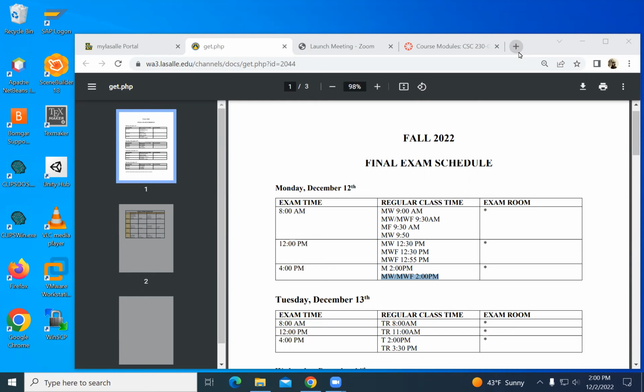Courses that meet Monday, Wednesday, Friday at 2, as this one does, have their final on Monday, December 12th at 4 o'clock. So that'll be 4 to just shy of 6.